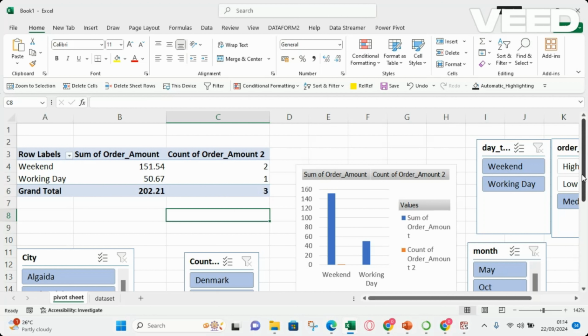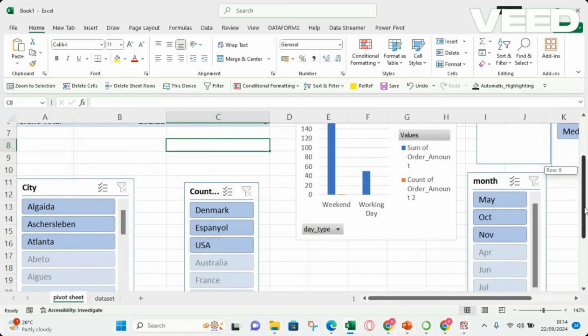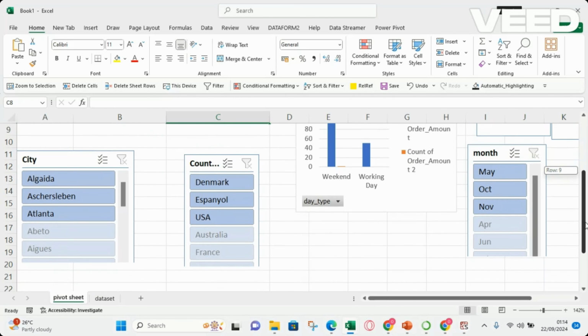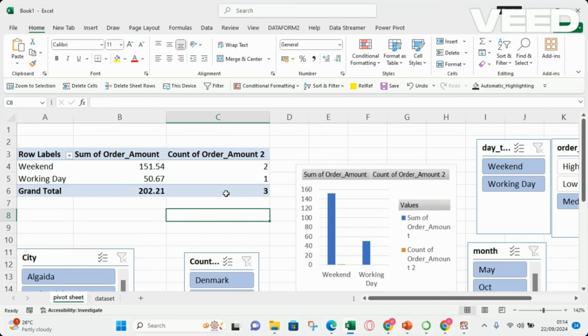So good. This is how we can walk around and drill our data into different layers of granularity and extract insight from our data set. So I believe you should go and try this on your own and see how much you can do. Thank you very, very much until we meet in the next